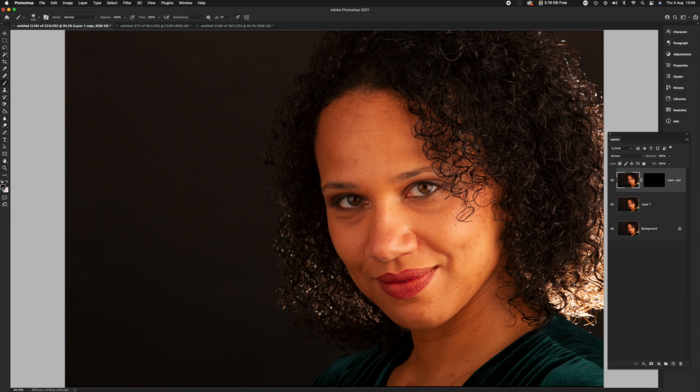and then I'm going to select the colour that I'm painting with. It should always be the opposite colour to the mask. If the mask is black, I should be painting in white. If the mask was white, I should be painting in black. I can use my X key to toggle between those two colours. So I want white paint because I've got a black mask. Now, if I paint white on that black mask, as I paint through, the layer beneath will appear, and because the layer beneath is blended with this layer using the screen mode, it should all